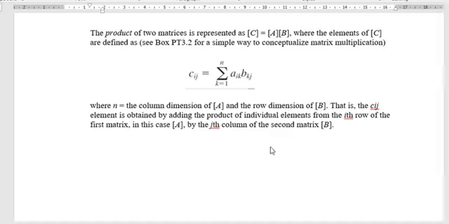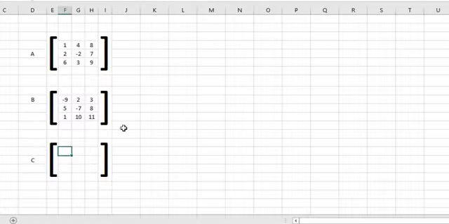Okay, so what does it mean? How will we obtain the product of the two matrices? So for example, we will compute for the product of matrix A